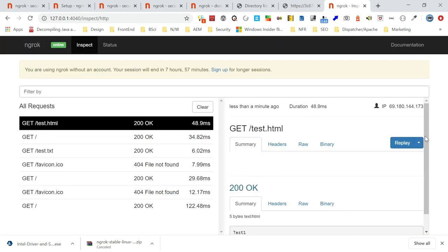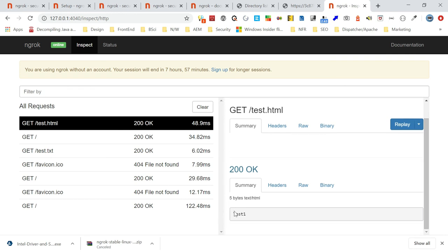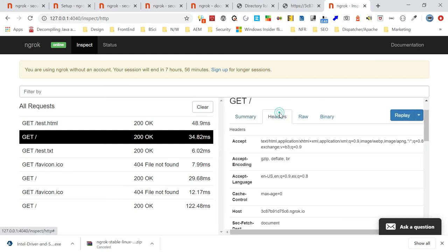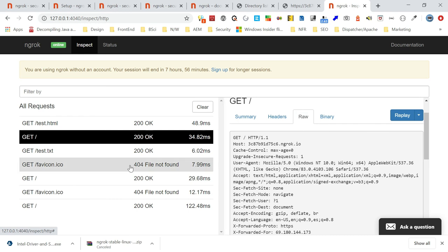If I go back here and open that, yeah, it will tell you all the traffic you are accessing, with all the details also. You can see what kind of data is exchanged, then header values and all those things. You can monitor all the traffic through this.